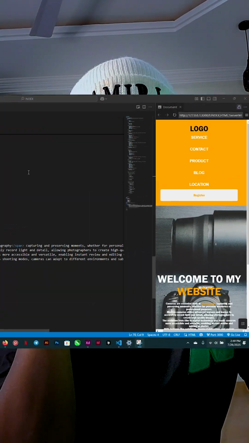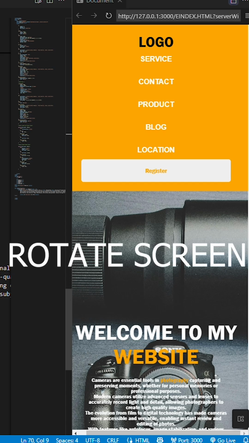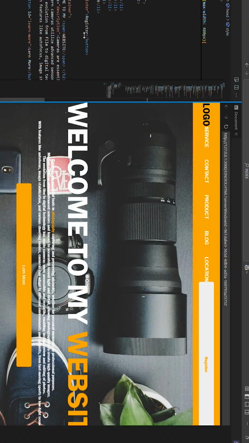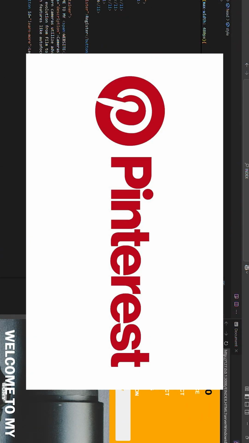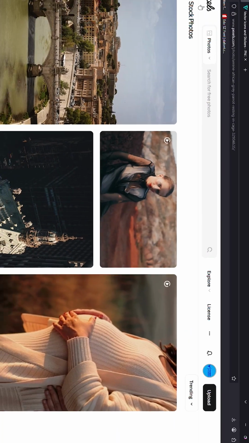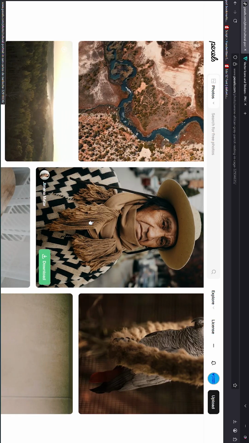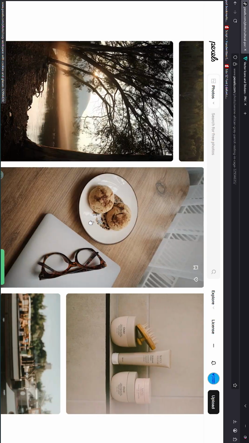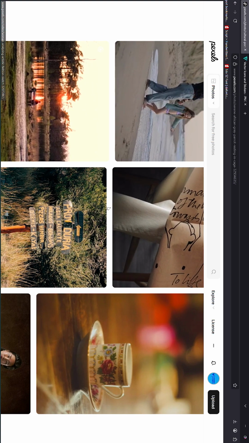We are going to create the icon that will show and hide these lists right here. All right, so quick tips. If you want good quality images for your websites, you can use Pinterest, but Pexels has good quality and high quality images that you can select from when you are downloading them. And also use